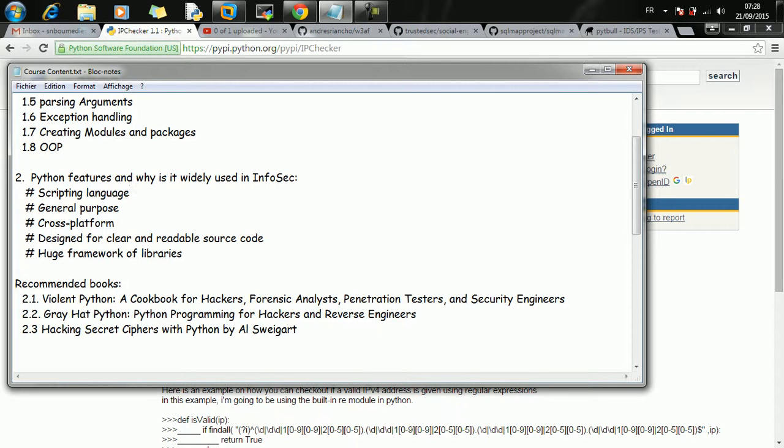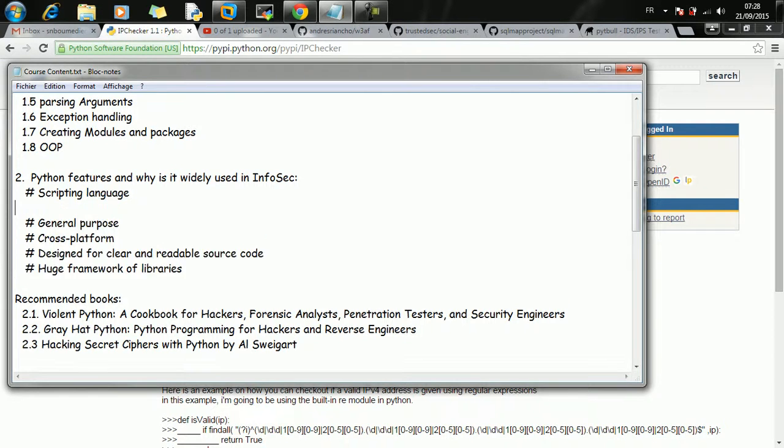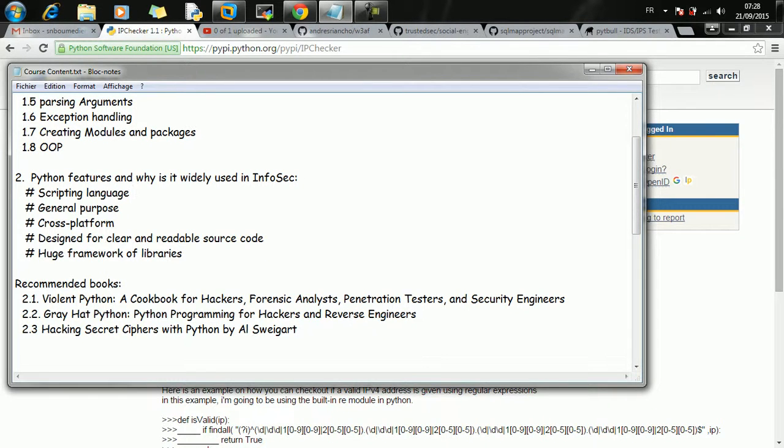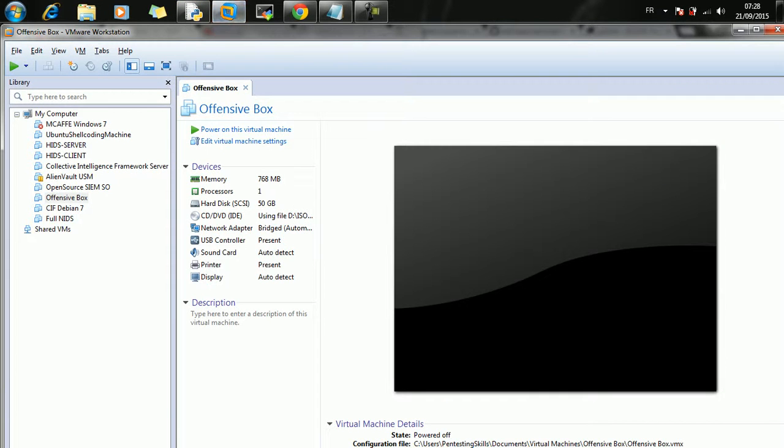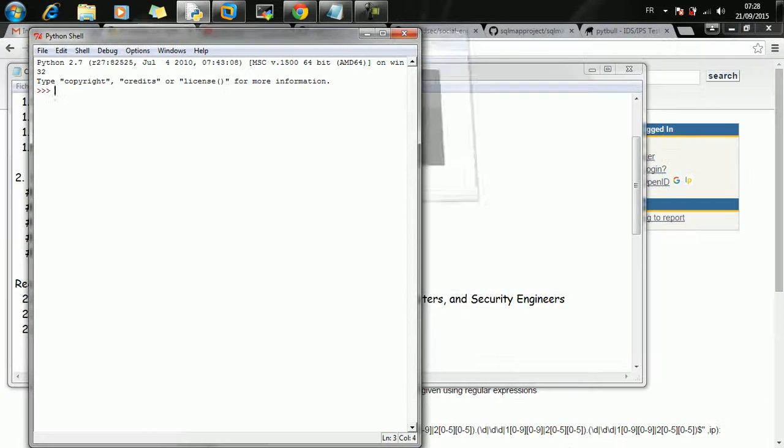There is what we call generic functions, and a generic function is a function that can accept any kind of data type. So for example, let's open up IDLE. I have the offensive box turned off here.